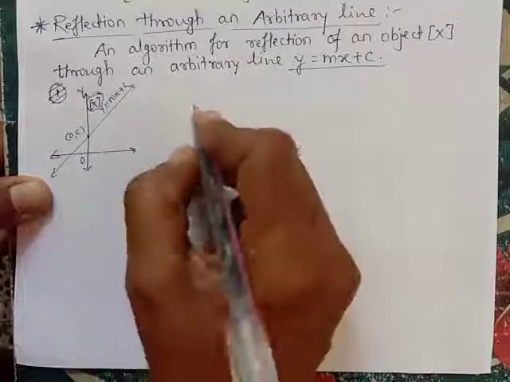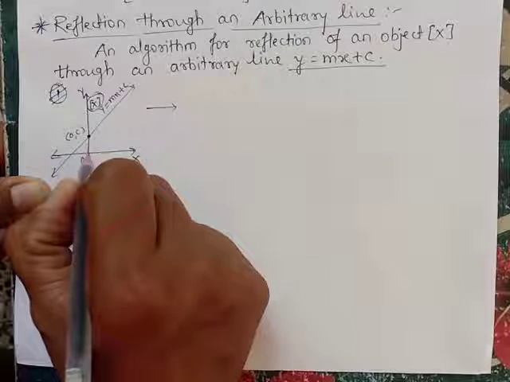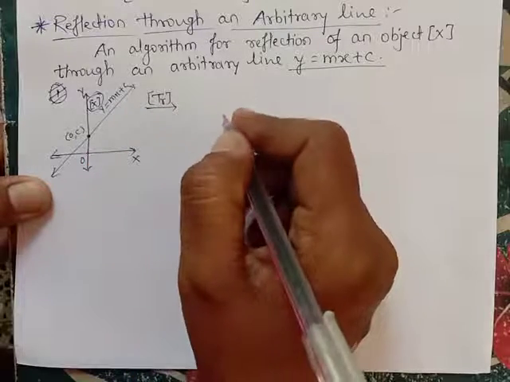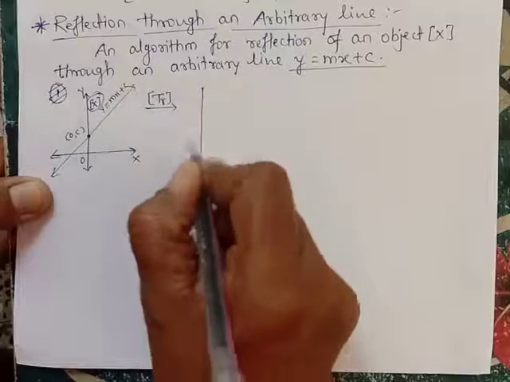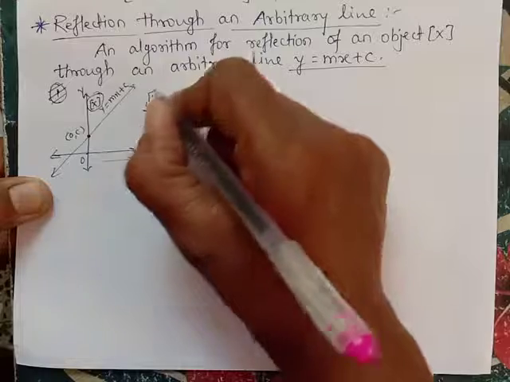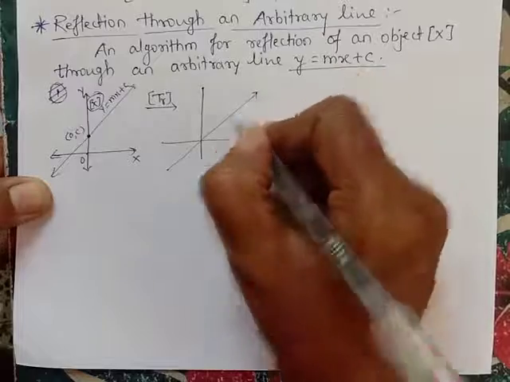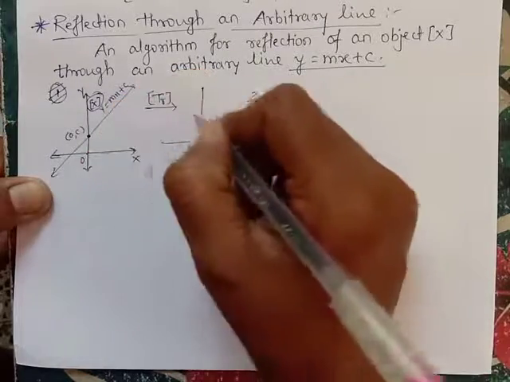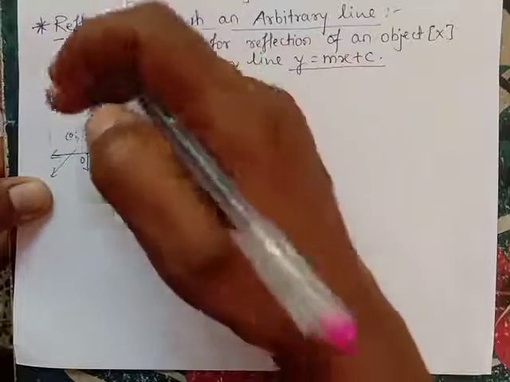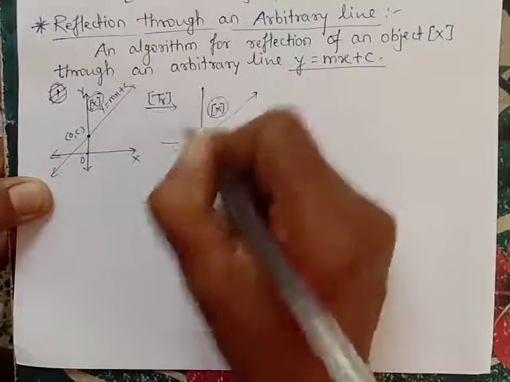So now what we will do here, first of all we will translate this point C to origin. So translation, first of all translation we will perform. Then if we do the translation, then this point will come here, so the line will be passing through origin, right? But the line passing through origin, so this C will become 0. Is that okay? But as all those points on lines are translated, so the object will also get translated. So object comes here, right?